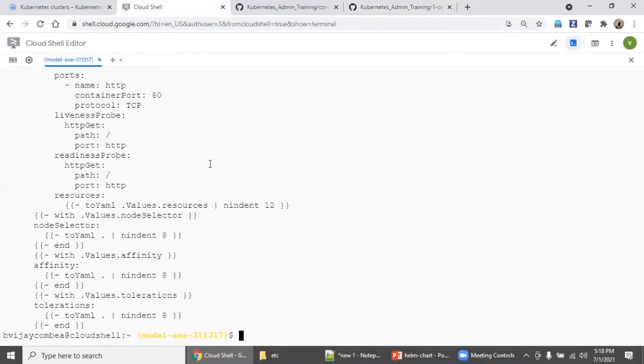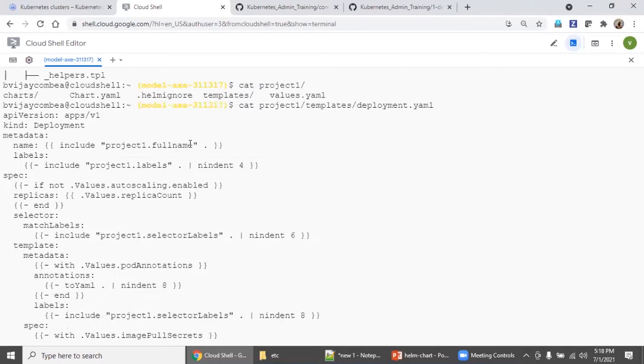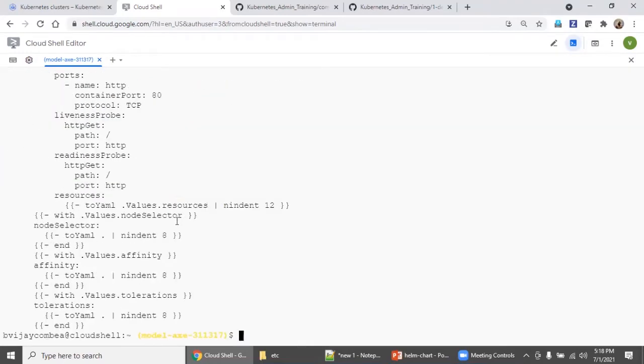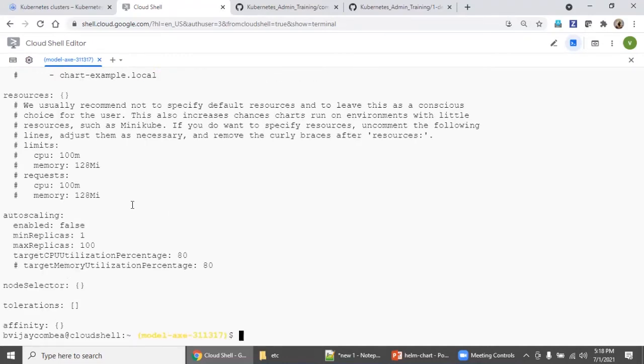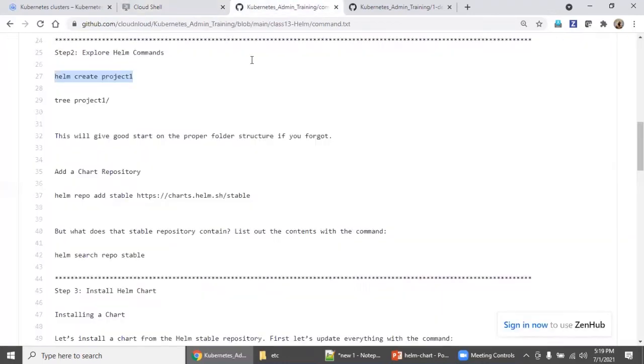If you slowly match one by one, there will be dynamic values. All these values we have to map with cat project one, values.yaml. In this file also sample values are already there, but what you need, you change.